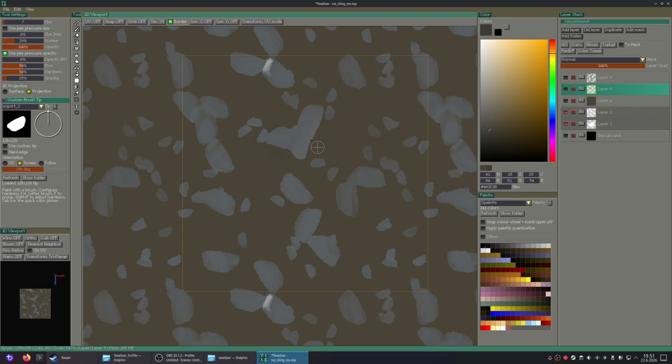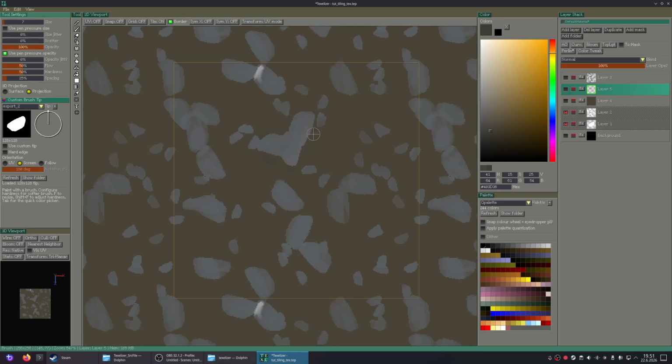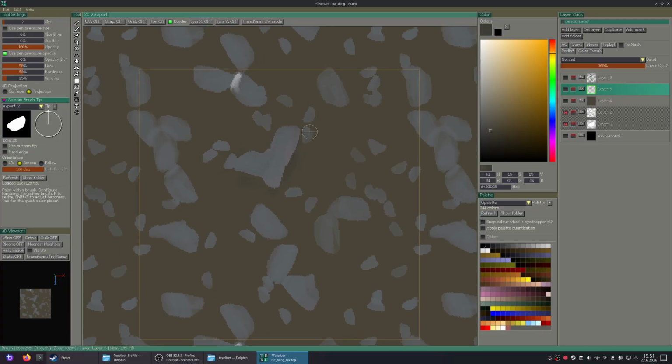Then I want some shadows there. I have some scattering on. Let's turn that off. Let's duplicate this a few. Oh, okay. Yeah. Let's not duplicate it then.